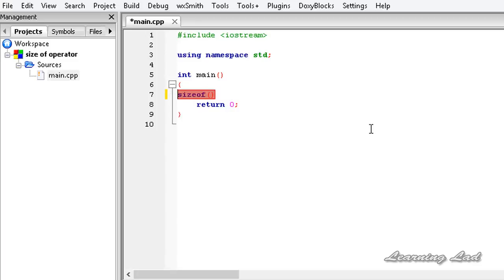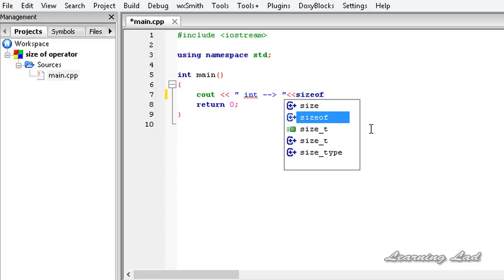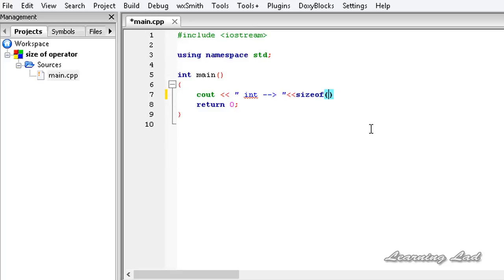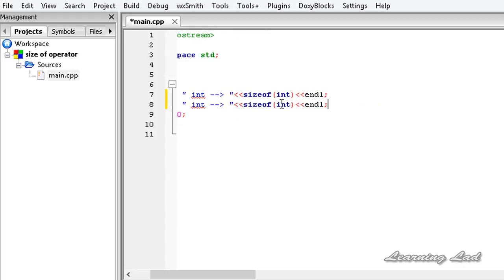So here we're gonna use the sizeof operator to get the size of our basic data types. So I'm gonna use cout, and I'm gonna say int, and let's add an arrow, and then it's gonna be sizeof, a pair of parentheses, and here we need to pass the data type. Let's say int, and let's end this line. I'm gonna save this. I'm gonna copy this cout statement and paste it in the next line, and we're gonna change this one to short int,